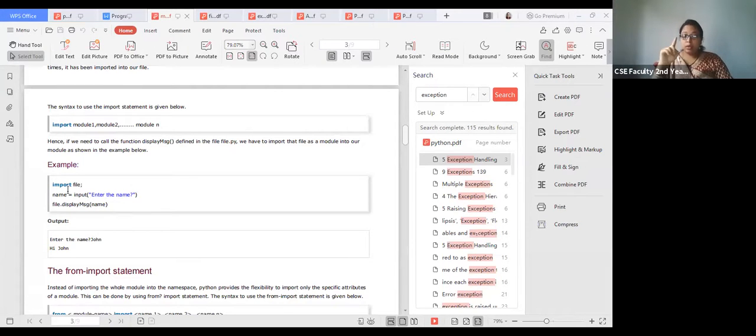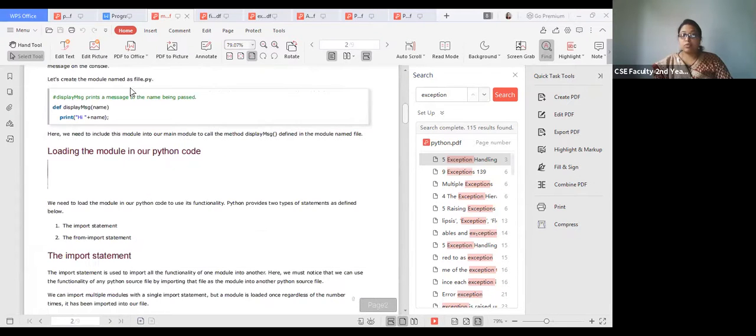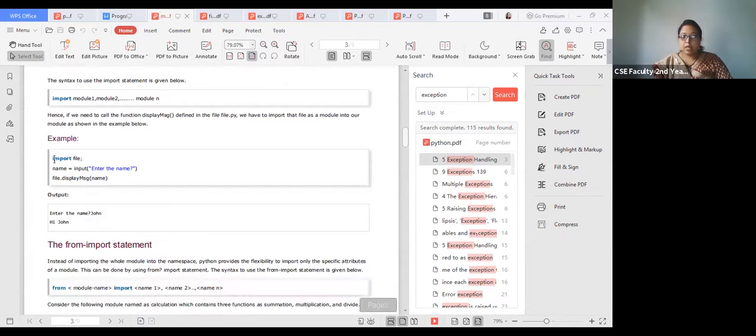As you know, in the previous pages, the module was file. Now we are importing that file. Import file. Okay, so that means you are importing your module of file. Now how will you use that module's function? Let's see. First of all, you are entering some name as a variable name. Suppose you are entering from your keyboard, it is ABC. So import, enter name. So ABC should be your name.